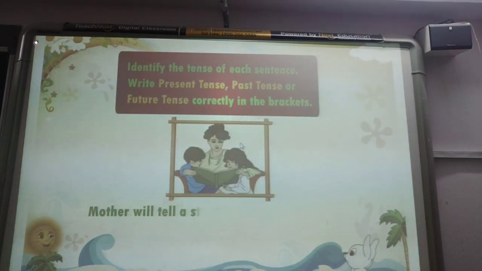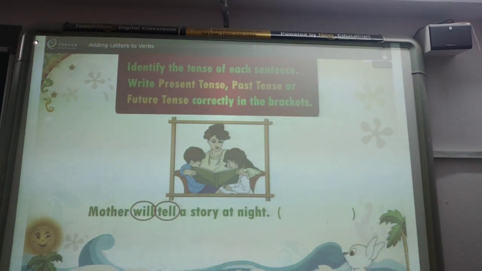Mother will tell a story at night. We form the future tense by using will with the verb tell. The time shown